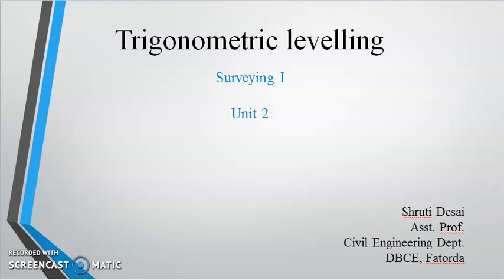Okay, so this is a part of leveling. From the name itself you can make out that we are going to use trigonometry to get the RLs of some points in leveling. This is a part of unit 2 from surveying 1. So for introduction,